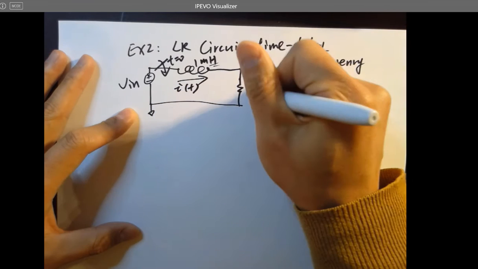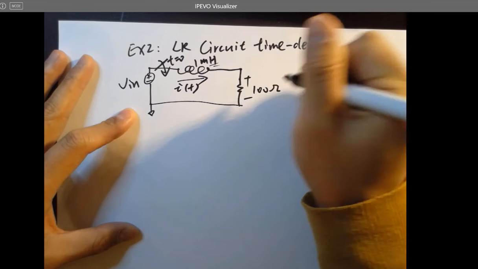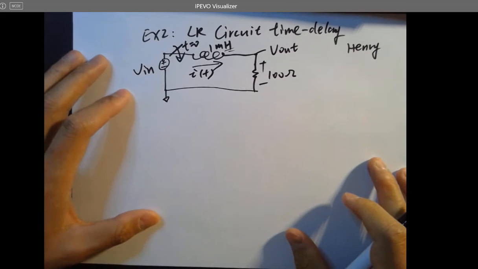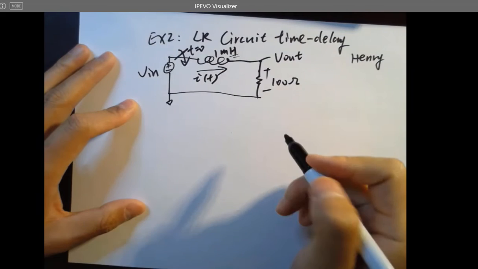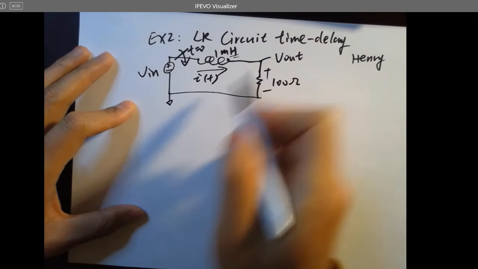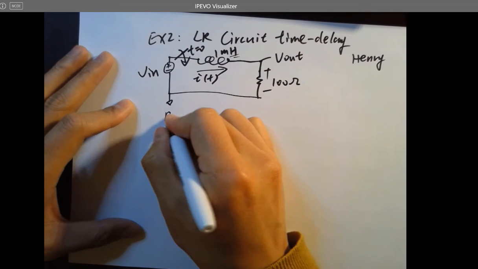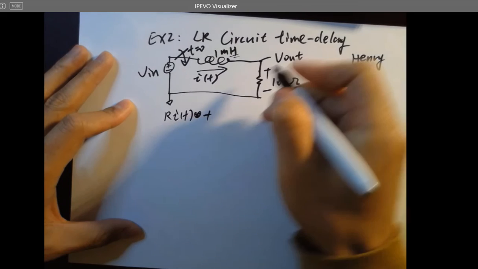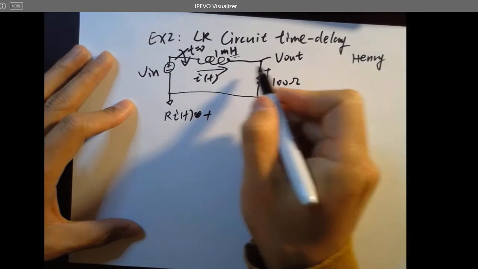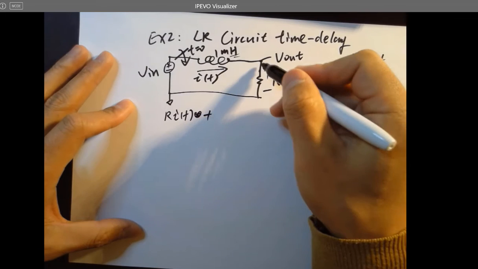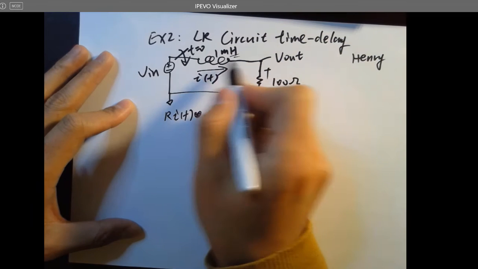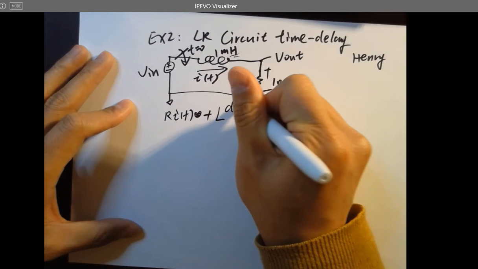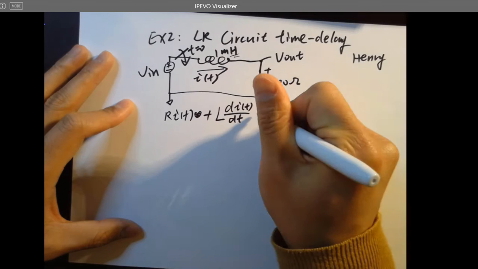And then that's a resistor, which is 100 ohms. And here's a VL. So we just want to find out the time delay for this kind of LR circuit. Use KVL still. So RI(t) plus whatever flowing. So RI(t) is the voltage here, right? And plus whatever being generated by the inductor, which is L dI(t)/dt, of course, and equals to V